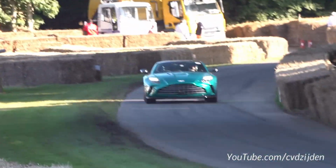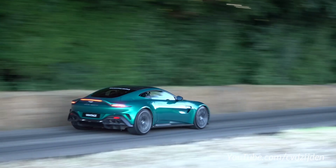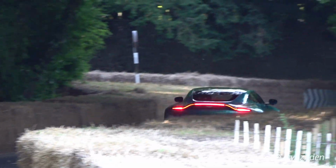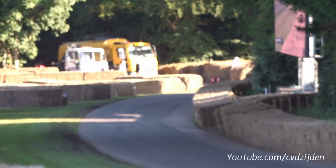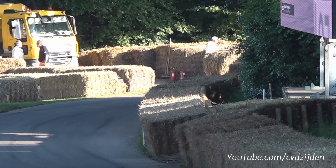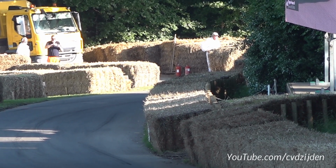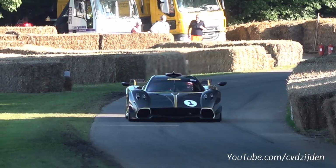Yeah, the Huayra R. Now this one is made track only. They threw away the turbos, they gave the engine the Cosworth, they made it rev to 9.5, and they just made it sing. Anywhere trackside, this is a Huayra. This is not an F1 car going up the hill. And this owner, he has it for his own use, and he heard it, and he just said, I've just got to own that car. And here he is,